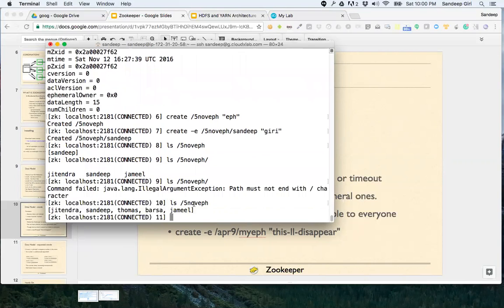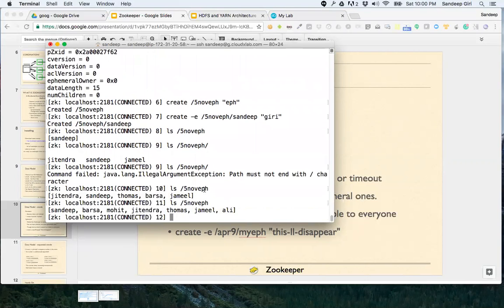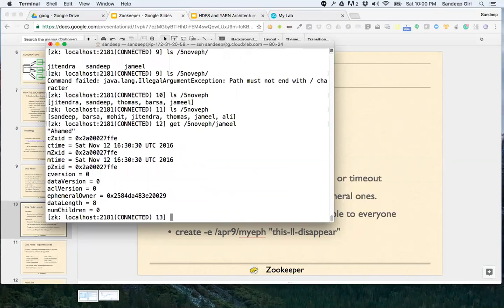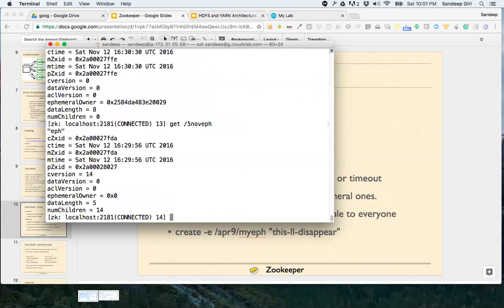Okay, so you can see that everybody has already created. And how do you identify it? There was somebody's question: how do you identify? You can say, let's say I'm checking Jamil's node. It says the ephemeral owner is this. That means the ephemeral owner is not 0, and hence it's an ephemeral node. If you take a look at this one, the ephemeral owner is 0, therefore it is not an ephemeral node. Good.